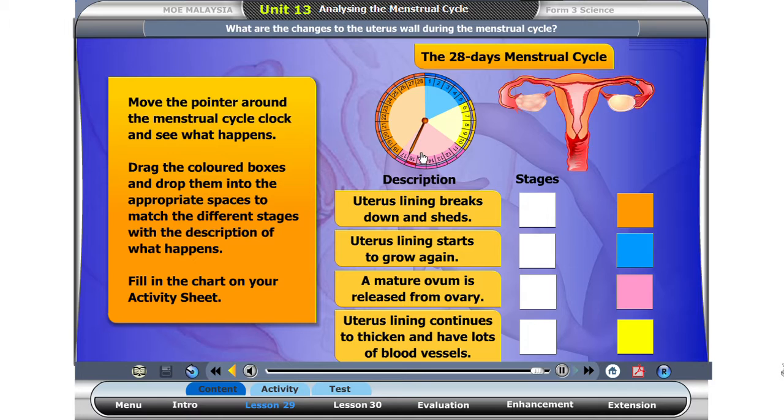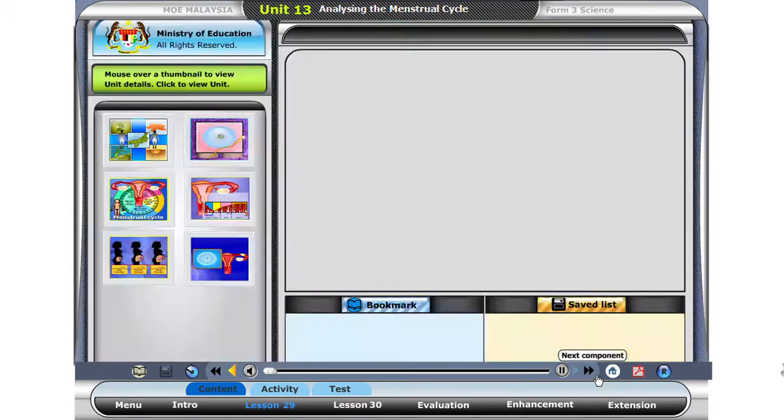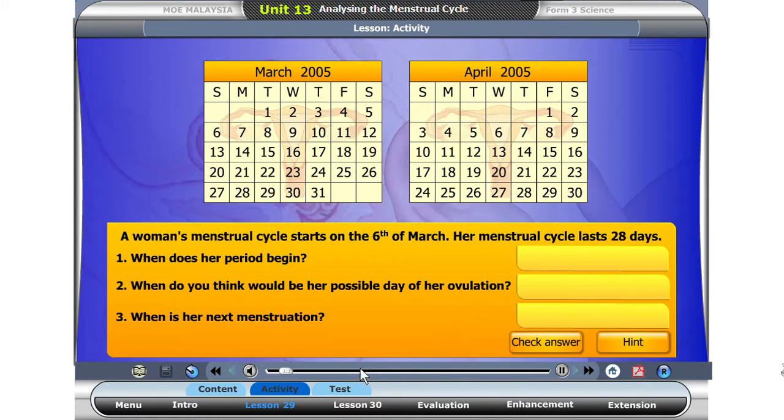Drag the colored boxes and drop them into the appropriate spaces. Fill in the chart on your activity sheet. Investigate the menstrual cycle of